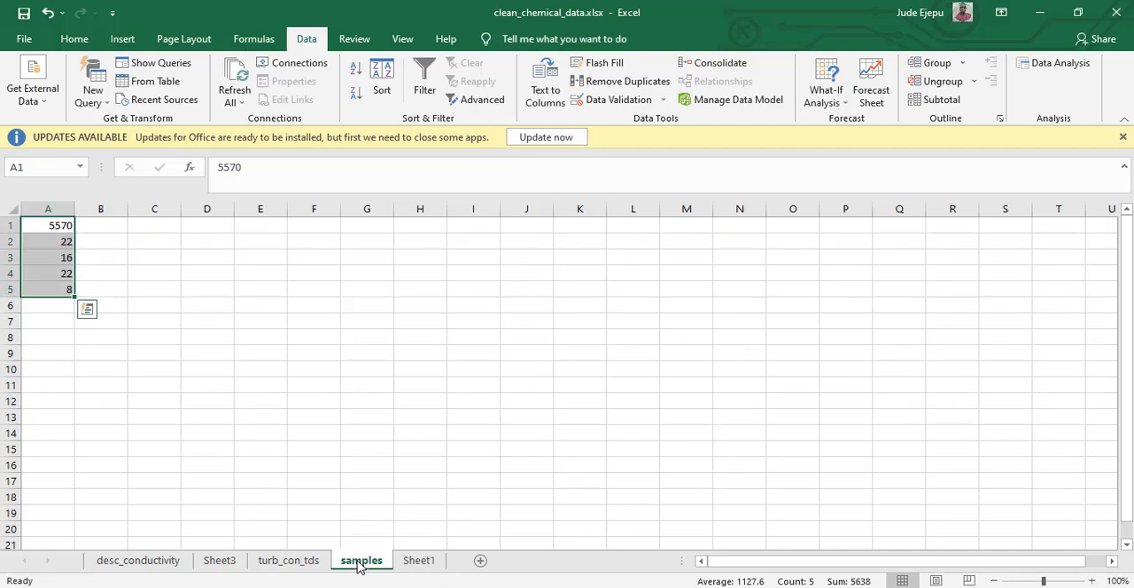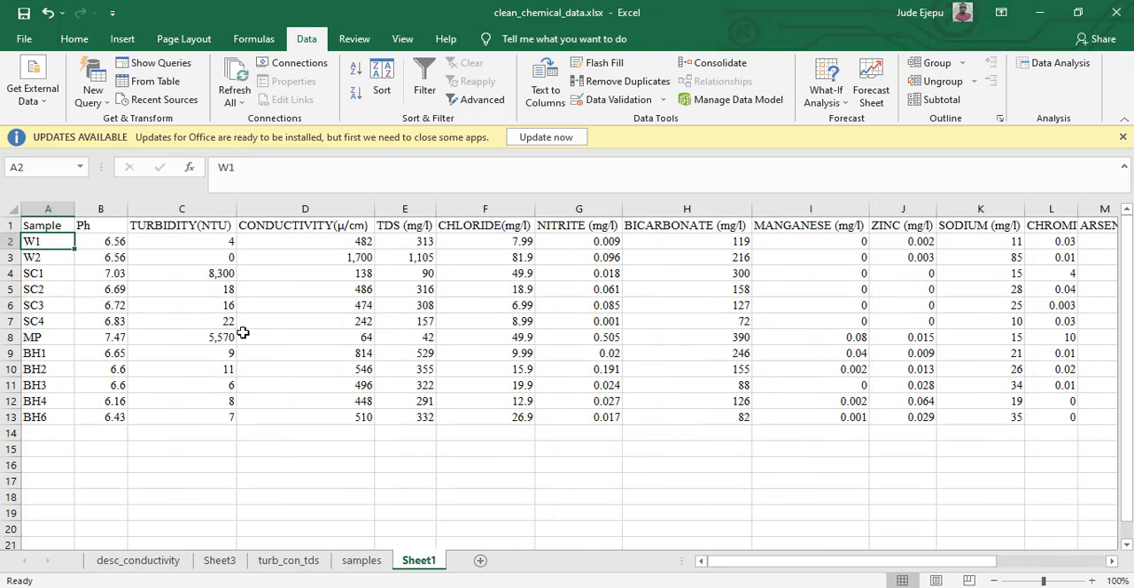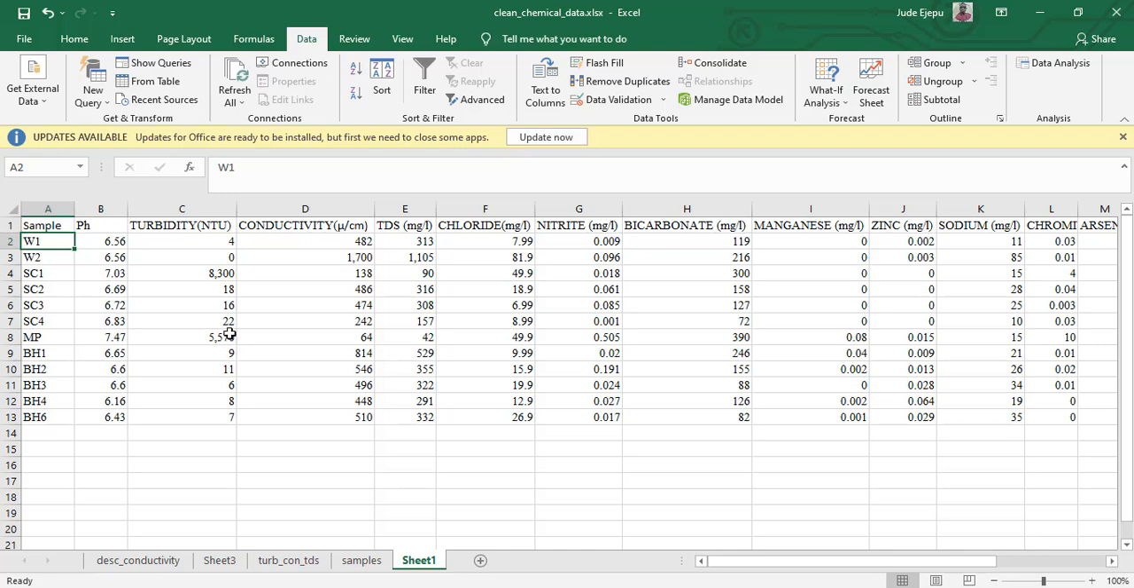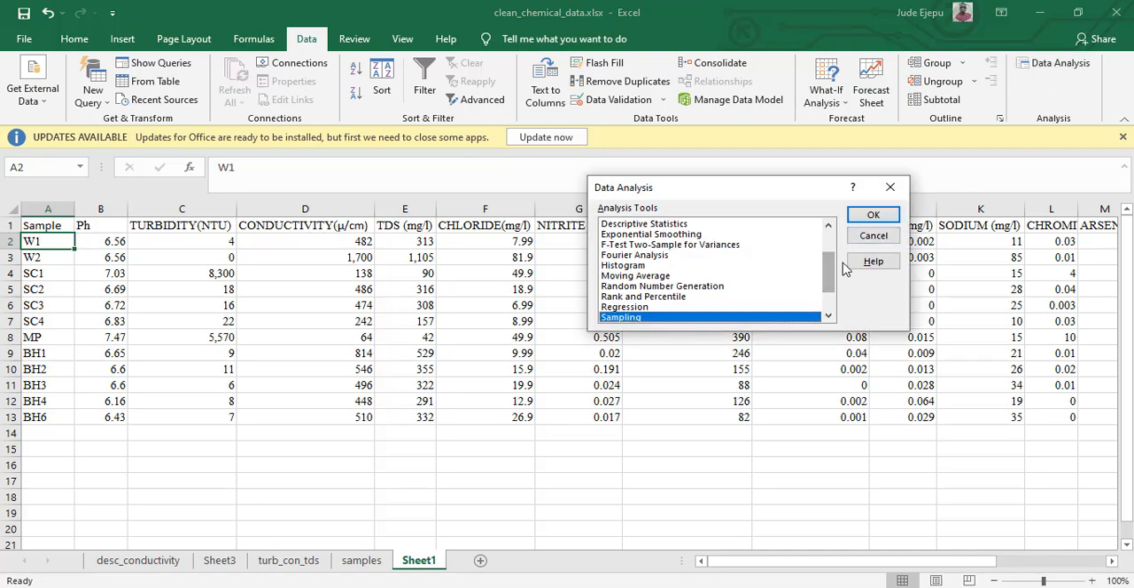Okay, let's go back to the samples. We have 5570. 5570 is here. We have 22. So all it did was just go here and pick these random numbers. Also, an important thing that we do most times is